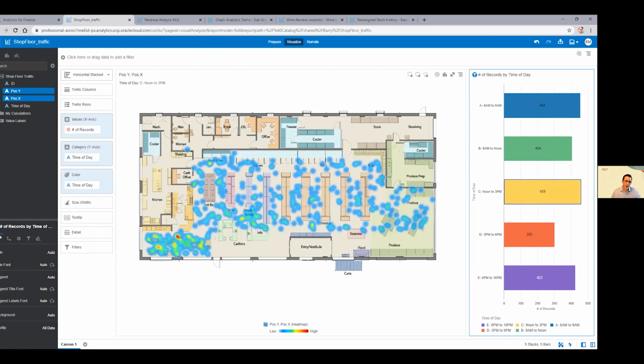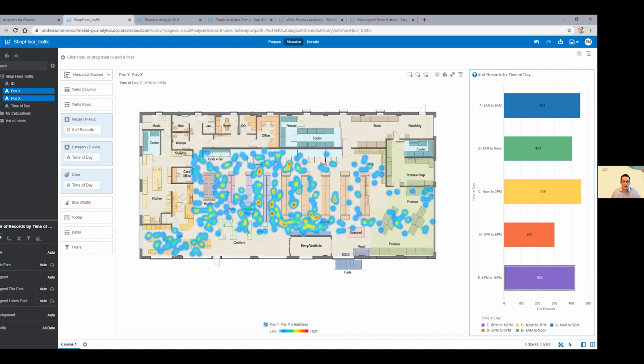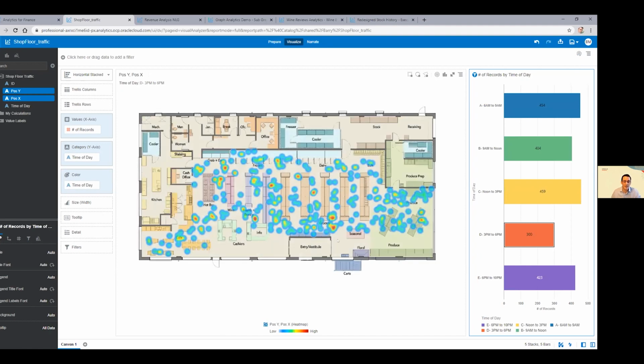And you know, for these kind of modern times and this post-pandemic kind of social distancing, this is a really good way to look at your data, and we can start to see the congestion that you get around the checkout area. And you can see that the red areas indicate things that we need to do to address issues around social distancing.